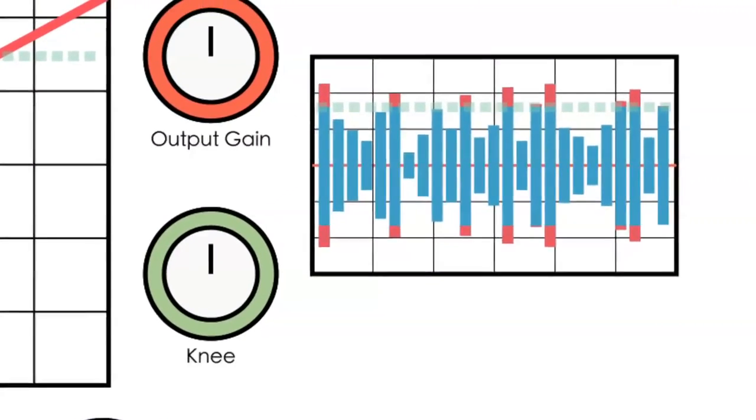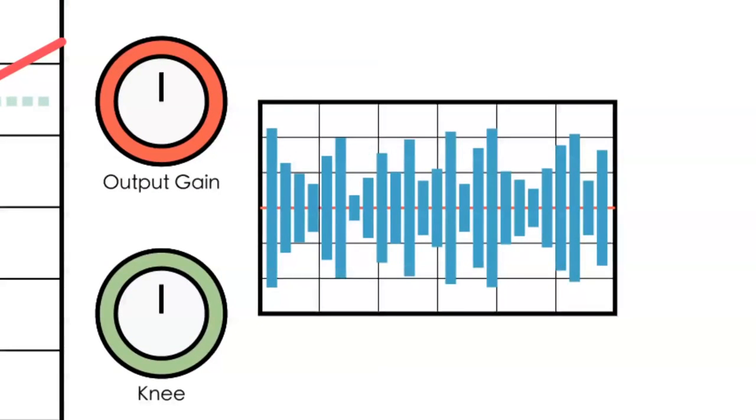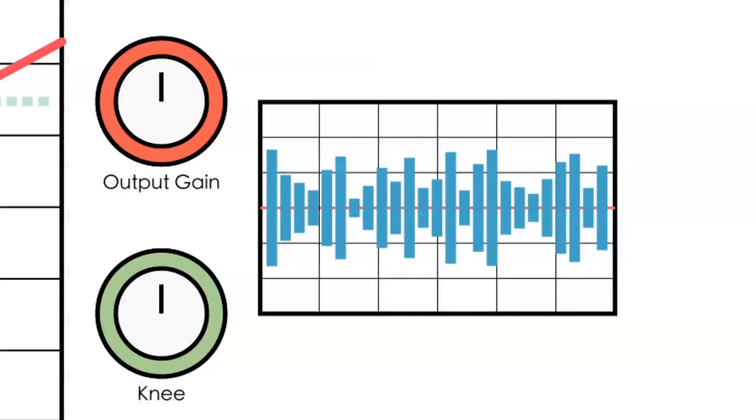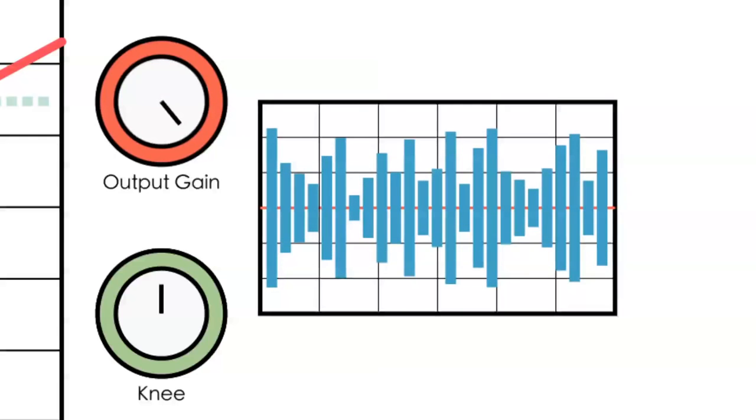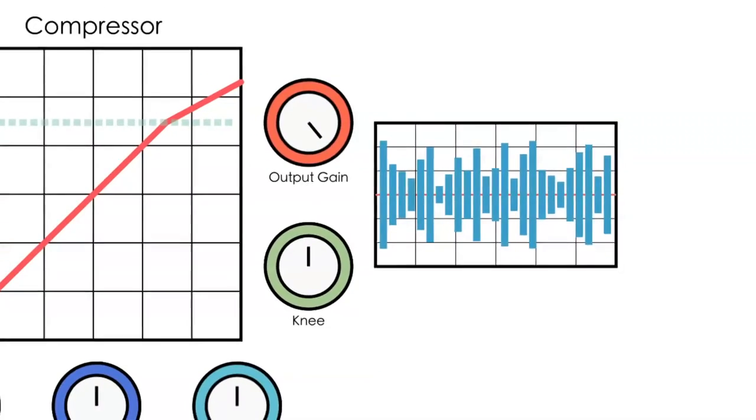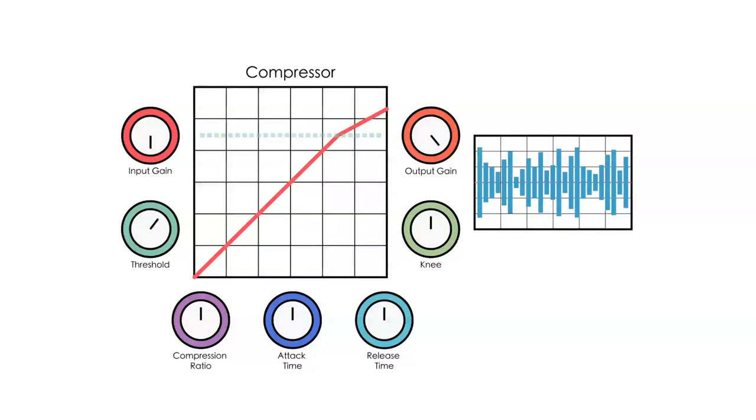After you have adjusted all the compression settings, the signal's overall level will be somewhat reduced. The output gain allows you to make up for the lost amplitude as a result of the applied compression. Now that you have an overview of how to use a compressor, we can take a look at specific scenarios